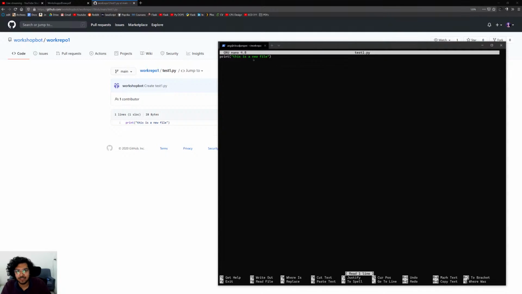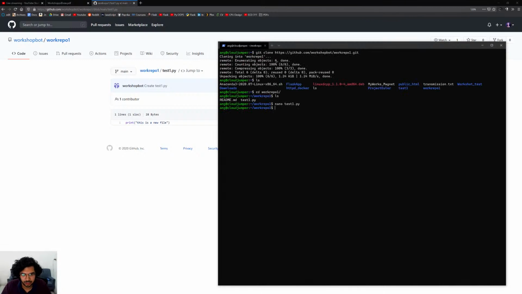So we can see it's the same file which I just cloned from GitHub. So now what we can do is if we add a comment, we can say this is a change, and then I save it and then I exit. So if now I say git status.